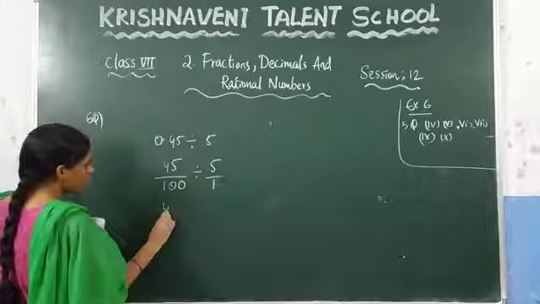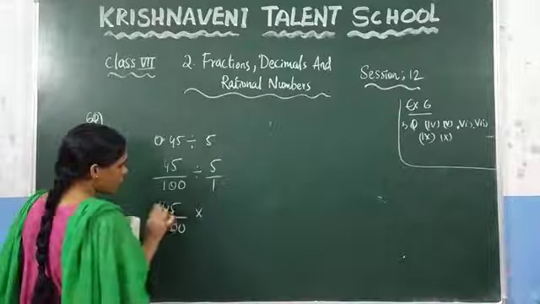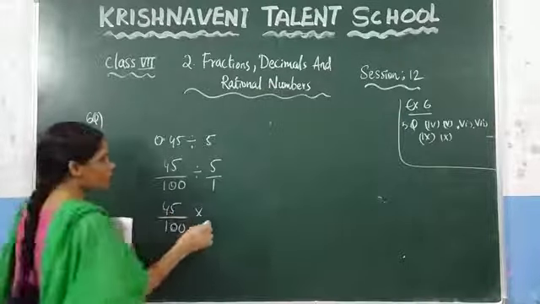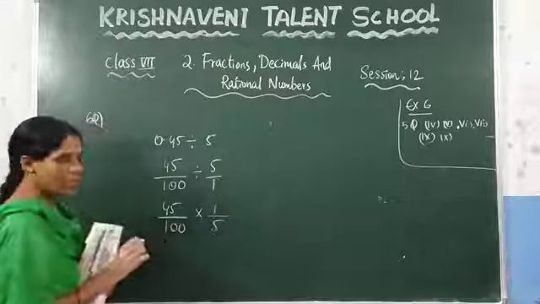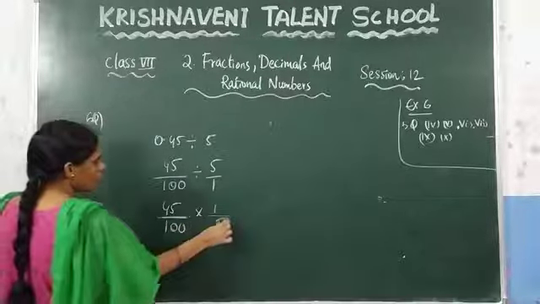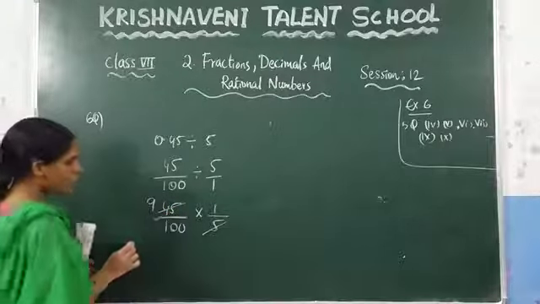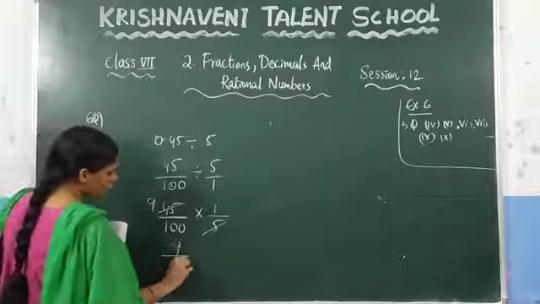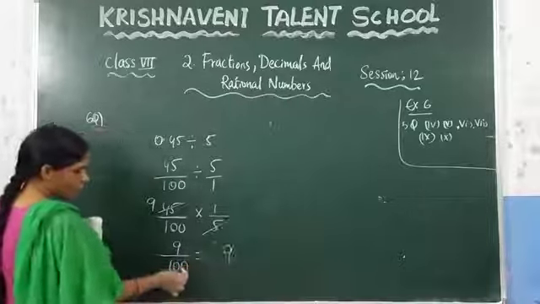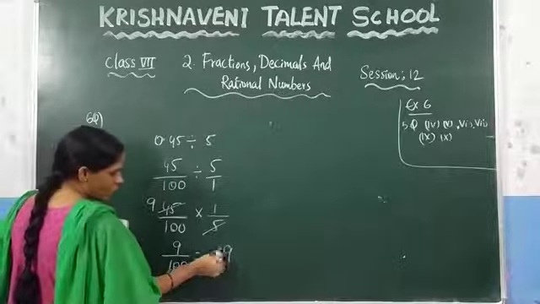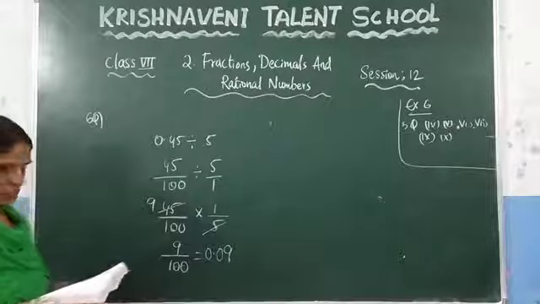So here what you will get is 45 by 100. In case of division, keep multiplication. So you need to reverse the number. 5 by 1, you have to write it as 1 by 5. Now, you can observe that here 5 ones and 5 nines will get cancelled. 5 nines are 45. So here you will get 9 by 100. So what is the value of 9 by 100? Which is nothing but since 2 zeros are there, before 2 numbers keep the decimal point. So this will be the answer.